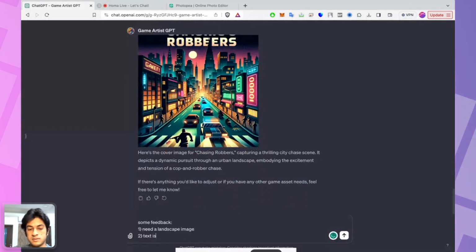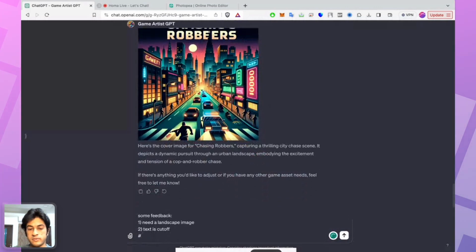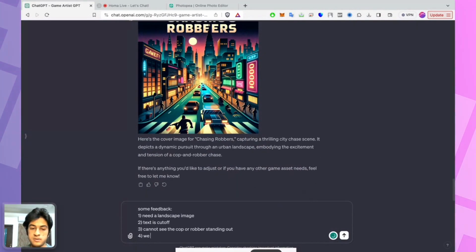Text is cut off. Cannot see the cop or robber standing out. Can do a nice dewy scene to make the characters stand out.